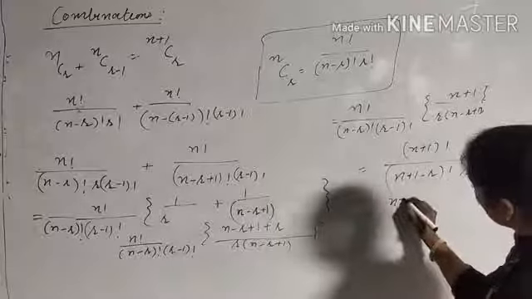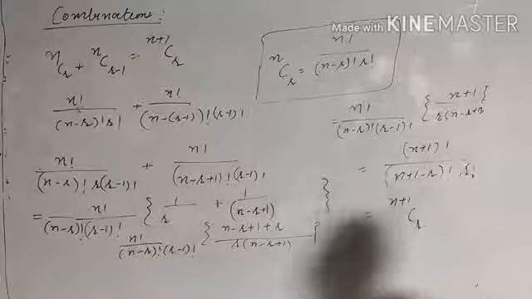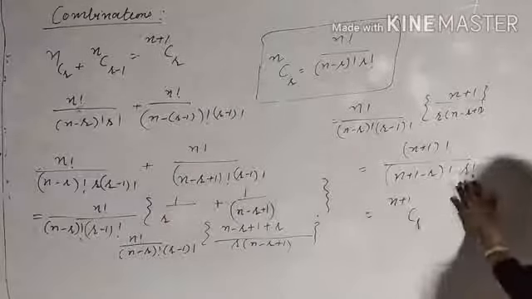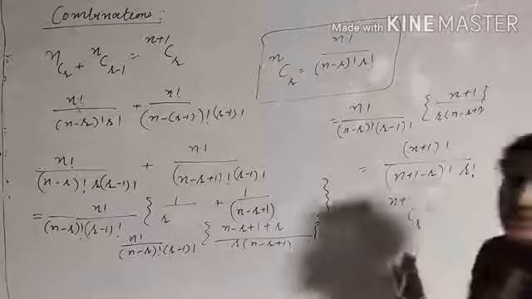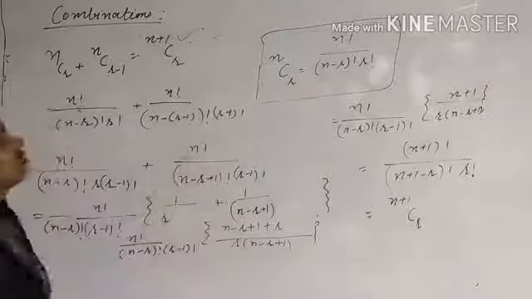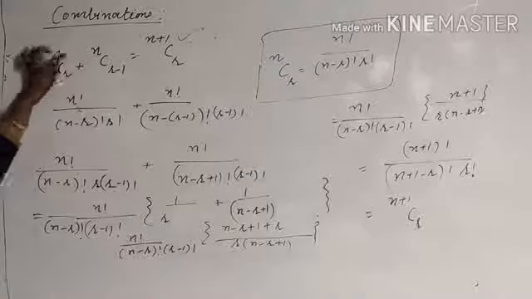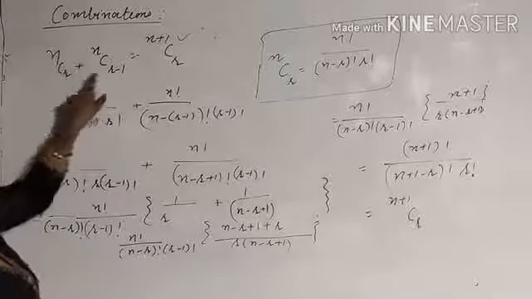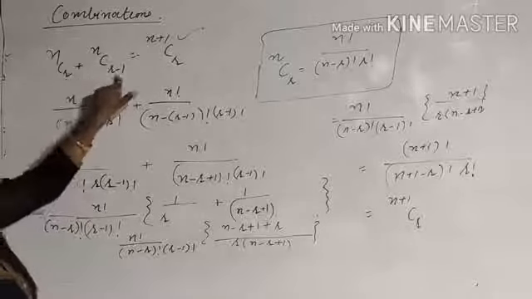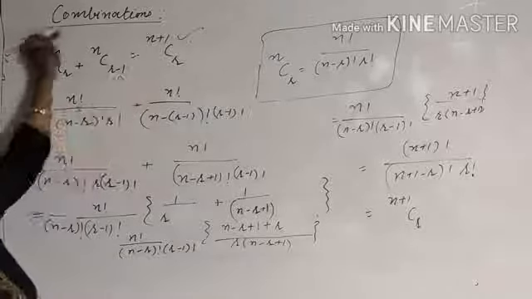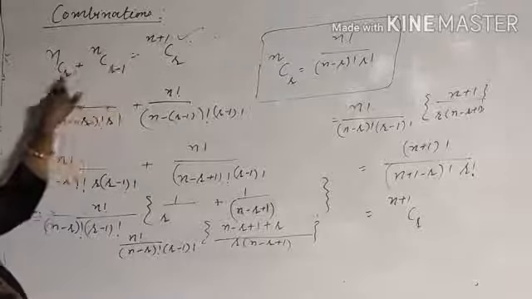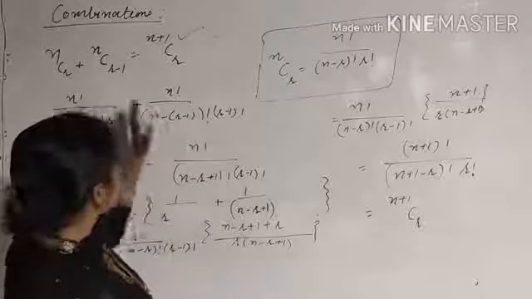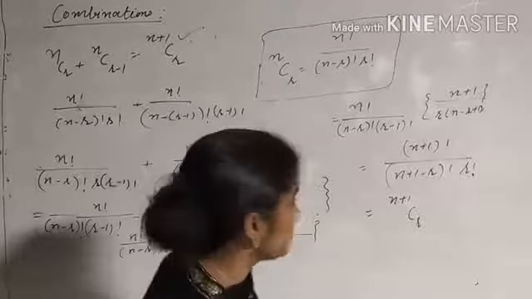So what is this? This is (n plus 1)Cr: (n plus 1) factorial, (n plus 1 minus r) factorial, r factorial. This is also a very important formula for the numericals. For nCr, if the number on the upper side, the total number of elements, is the same, and the base here is r and there it is r minus 1, then the upper part is increased by 1 and we take the bigger among the lower ones. So nCr plus nC(r minus 1) is (n plus 1)Cr.